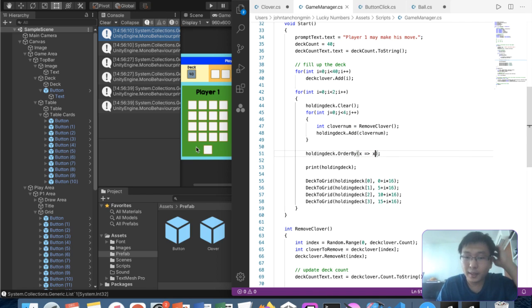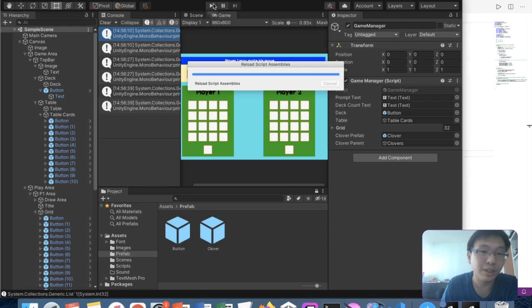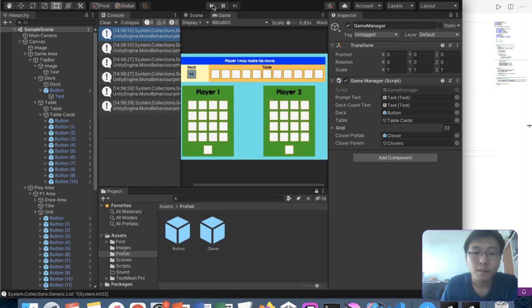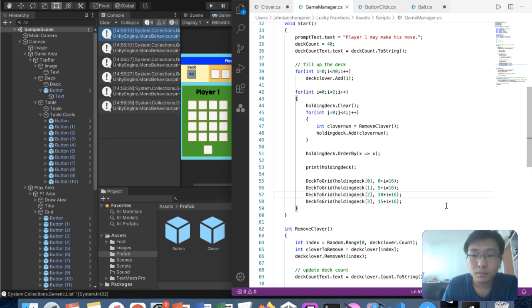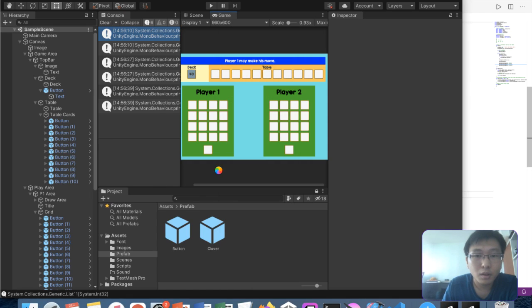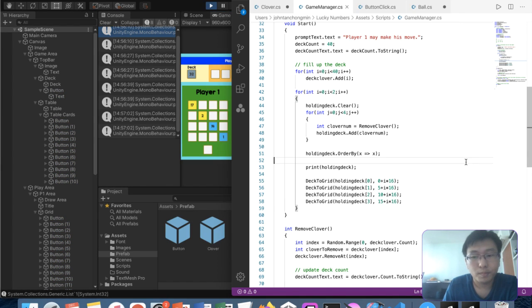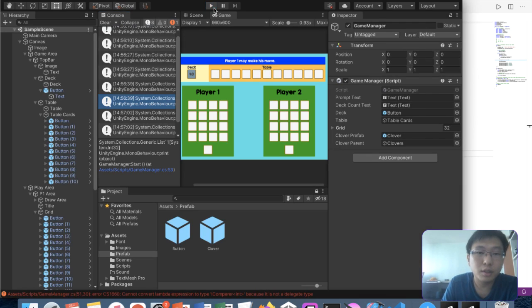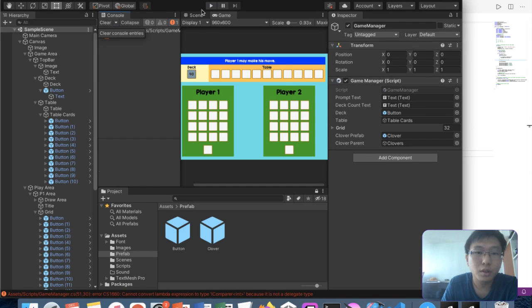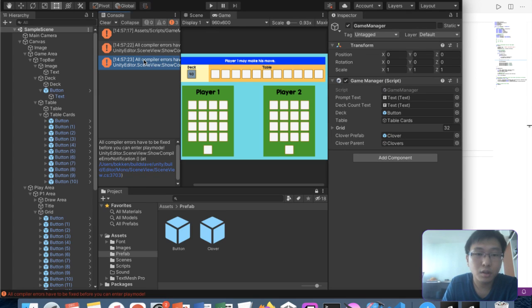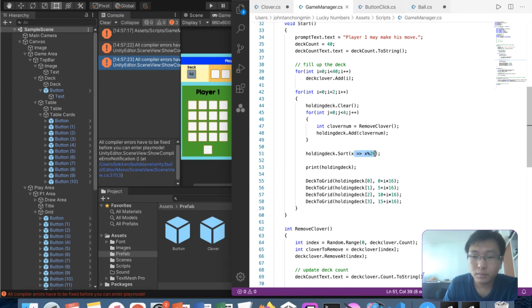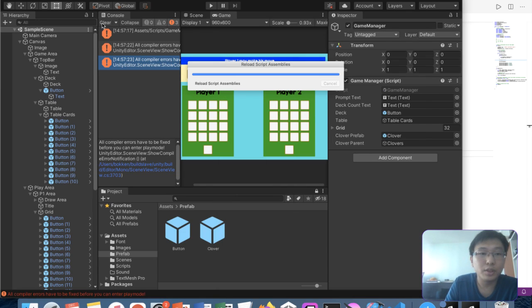Okay, let's just try order by XX. Okay, this should order it by increasing order. Okay, something's wrong here. Something's wrong here. So okay, let's just do the sort. Okay, we do the sort method,